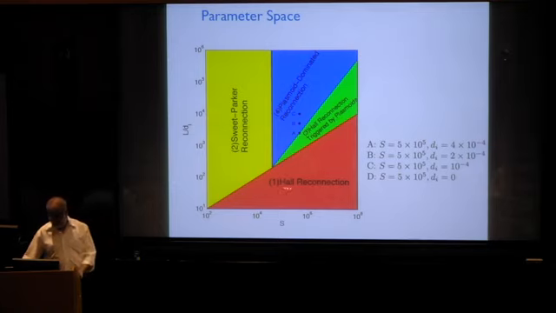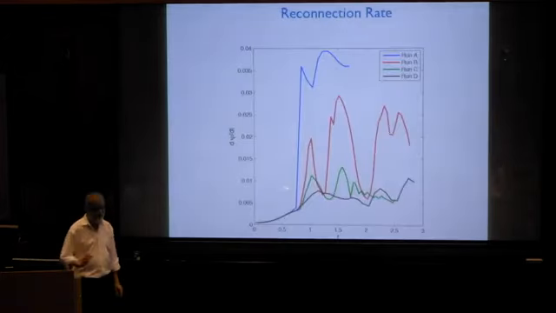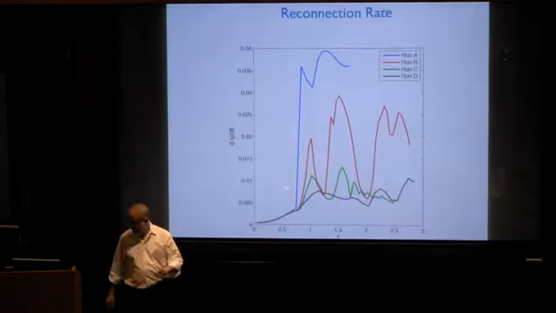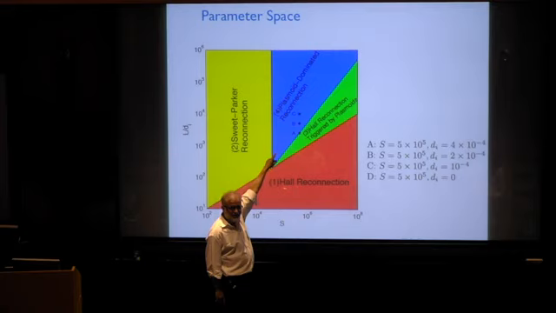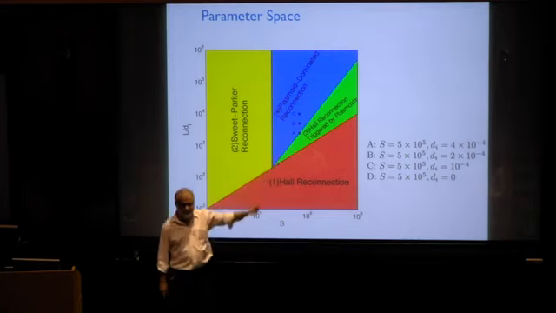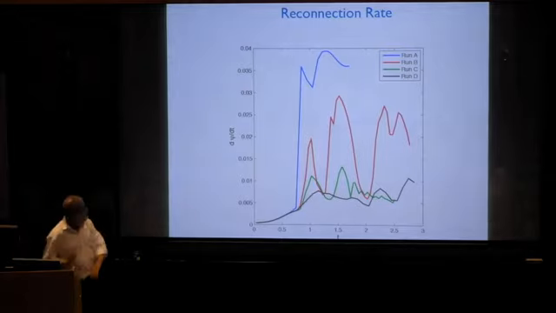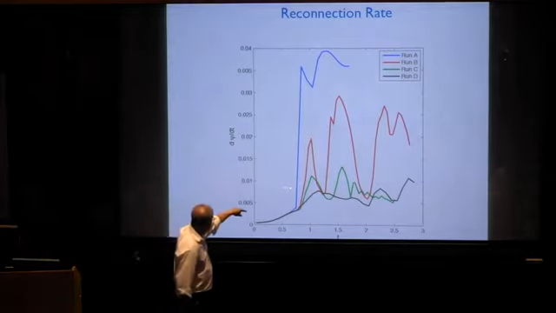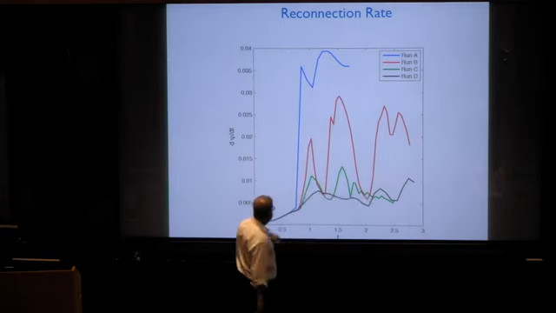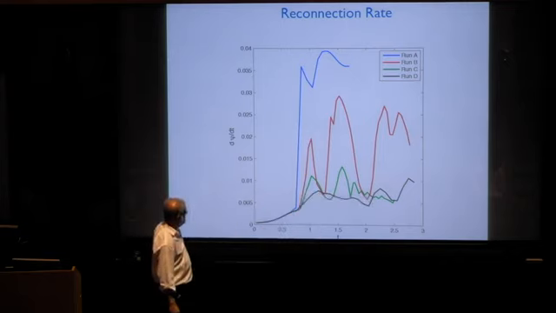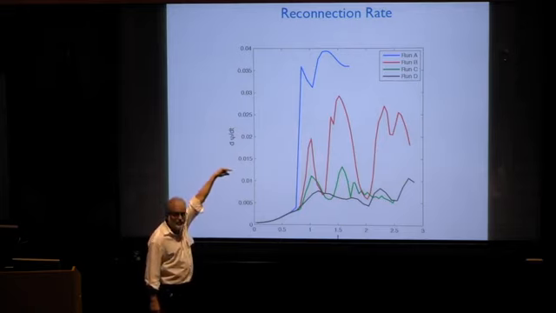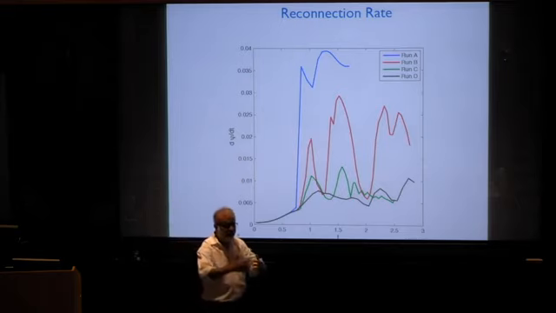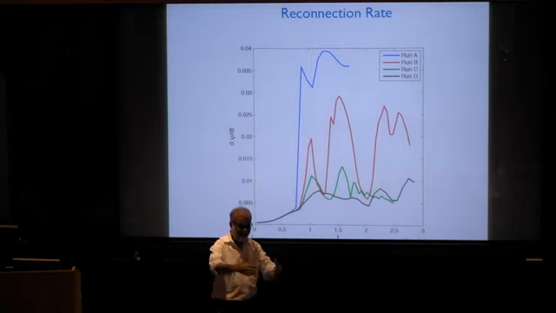What happens when you bring in Hall is something I didn't dwell on. If you look at this picture, you see this A, B, C I marked. What were these runs? Let me go into a little more detail. A, B, C, and run D is this lower run, which is essentially at the margin. What you see is that when you turn on the Hall effects, you get more rapid reconnection than the Sweet-Parker layer was giving you. And you have a competition between the plasmoid instability and the Hall effect.